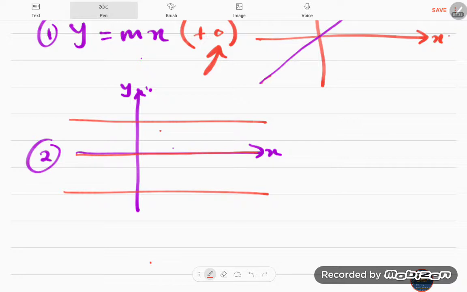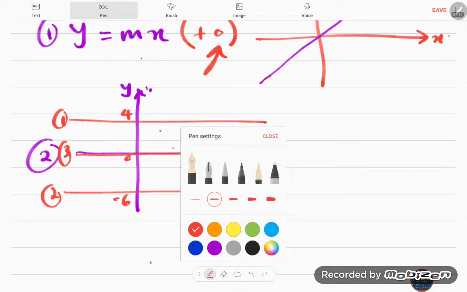I've drawn 3 lines there. Now if you notice, for the first one, I'm going to call this one 1, 2, 3. So let's assume that this is 4, this is minus 6, and this is at 0, of course. And we're asked to find the equations of those graphs. Now if you notice, our graphs are pretty much